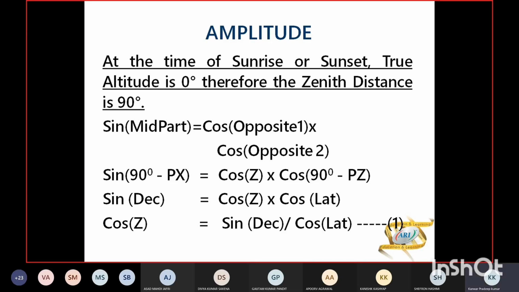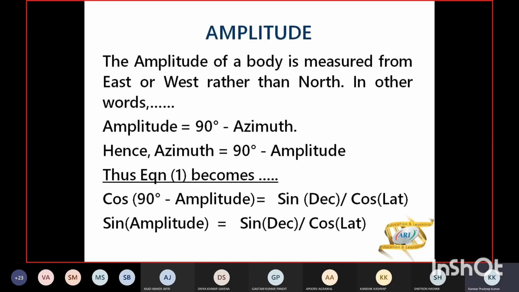नाइन्टी माइनस एक्स को मिड पार्ट रख दो, बाकी दो ऑपोजिट हो गए, cos Z cos (90 माइनस PZ). विदाउट चेंजिंग द ट्रिग्नोमेट्रिक साइन, कुछ भी नहीं करना, खाली 90 माइनस PX की जगह डिक्लिनेशन लग गया, 90 माइनस PZ की जगह कोलैट लग गया, और क्रॉस कर दिया हमने, cos Z इज इक्वल टू साइन डेक अपॉन cos लैट। तुमको सबको फॉर्मूला तो पता ही है। राइट साइड तो फॉर्मूला का बन चुका है ऑलरेडी, यस और नो? अब cos Z को, Z तो एजीमथ, हमने इसको एम्पलीट्यूड में कन्वर्ट करना, जो मैंने पहले बोला था। एम्पलीट्यूड इज व्हाट? 90 माइनस एजीमथ।